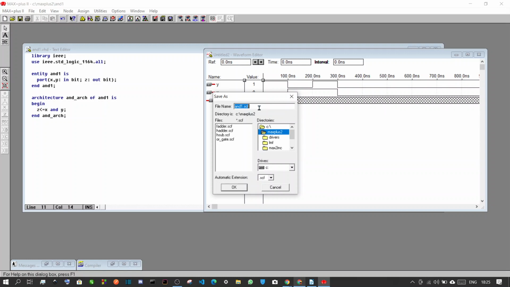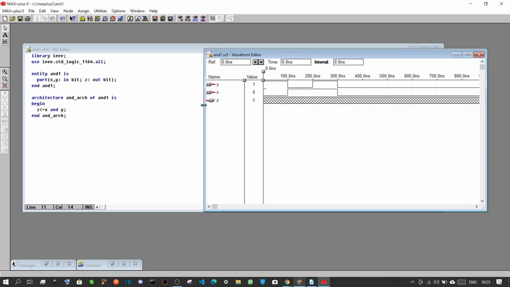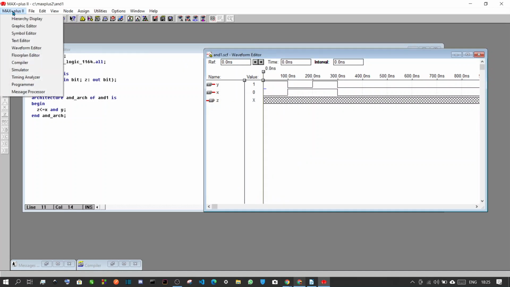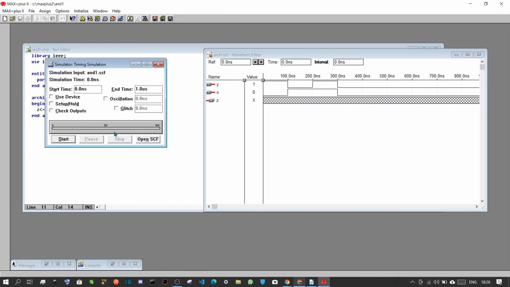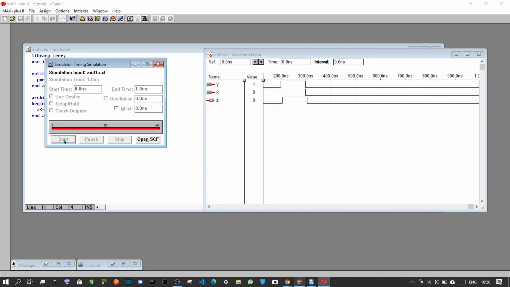This is for the waveform file. If it is not SCF, then you have to click on this arrow and select SCF. If it is already SCF, then leave it that way, click on OK, and then click on MAX+PLUS II, click on Simulator, and then click on Start.